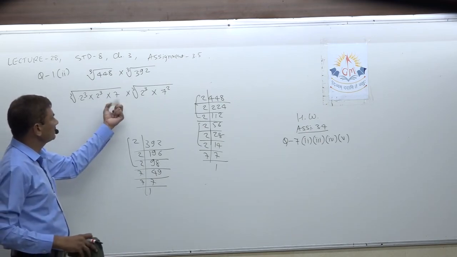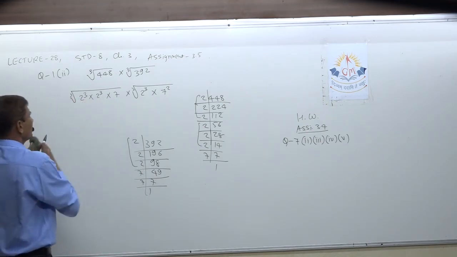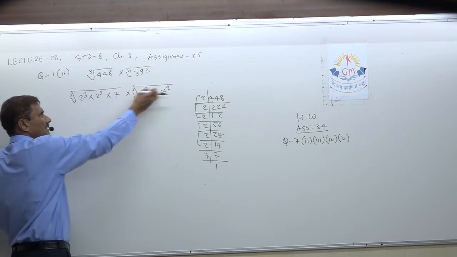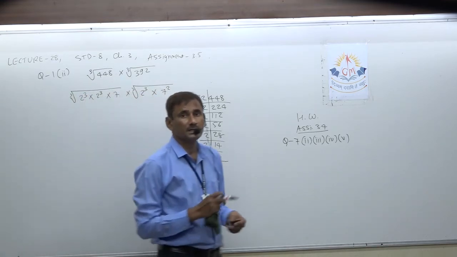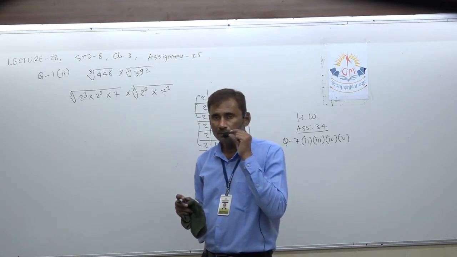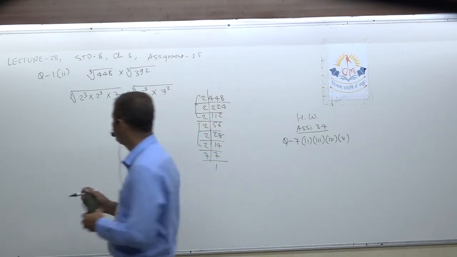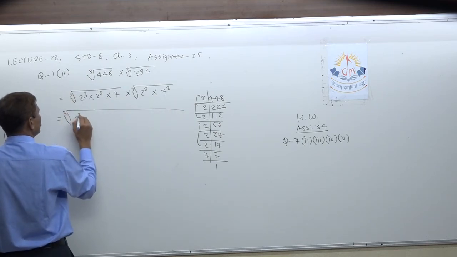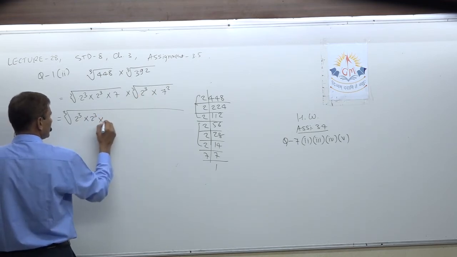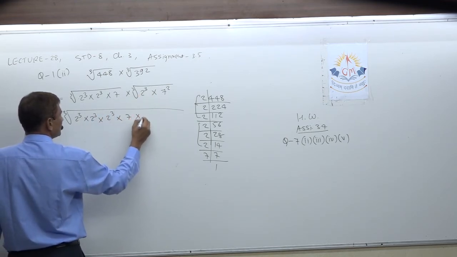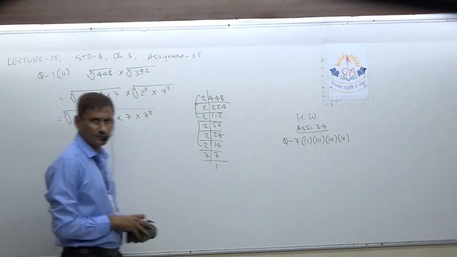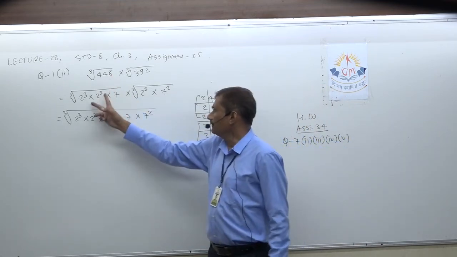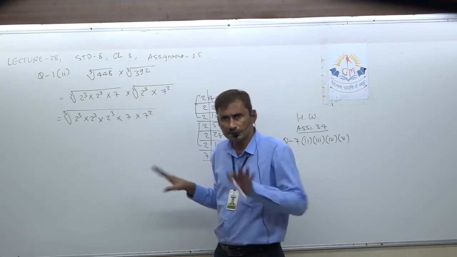Now just multiply them, both being cube roots. So under one cube root keep all of them. Why? Few numbers are here, few numbers there, and collectively they make a cube, a group of 3 numbers. So I just write under one root 2 cube into 2 cube, and this 2 cube also. Now it is 7 into 7 square, so everything is written under one cube root. It is the same. I just prime factorized here and here and wrote all of them.